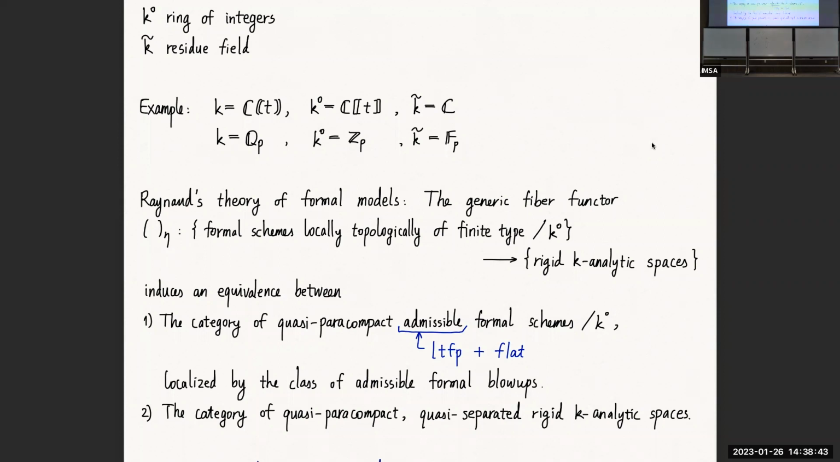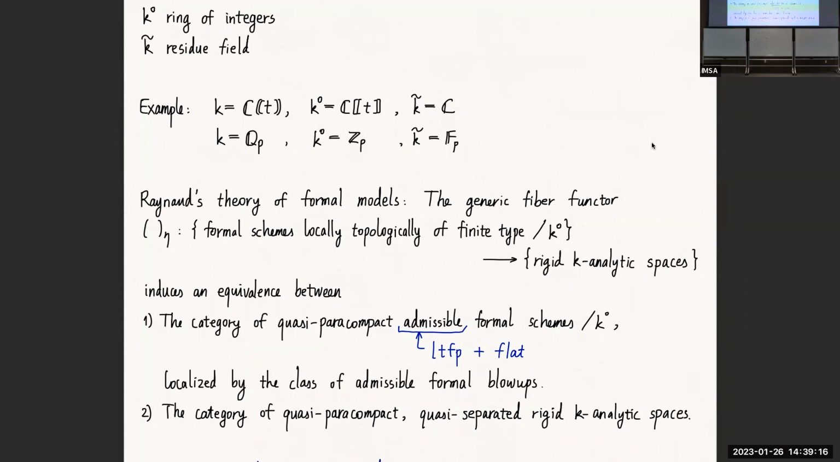And then we have the generic fiber functor. It's easy to imagine. It's just take a tensor product with K over the ring of integers. And Raynaud's theorem says that this generic fiber functor induces an equivalence between the subcategories. First is the category of quasi-paracompact admissible formal schemes over K naught, and also localized by the class